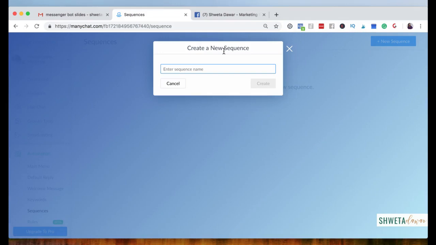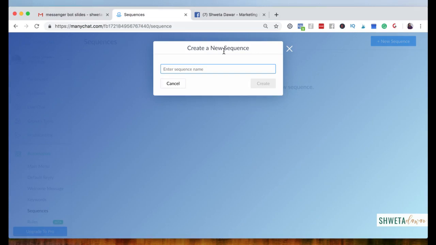But I want you to have something in mind, even if it's as small as coming and joining your Facebook group, that's okay. Because based on that is what we're going to create our messages. So all our messages are going to be based on what you're getting people to do and what you want them to do eventually. So it's like a sales funnel, but